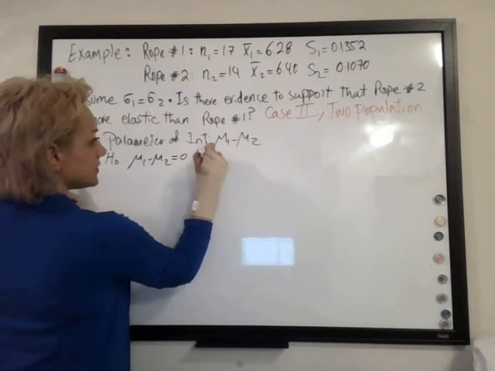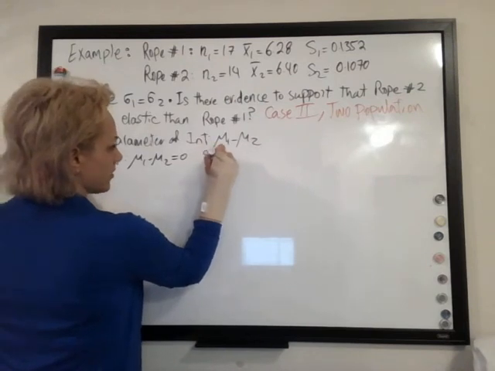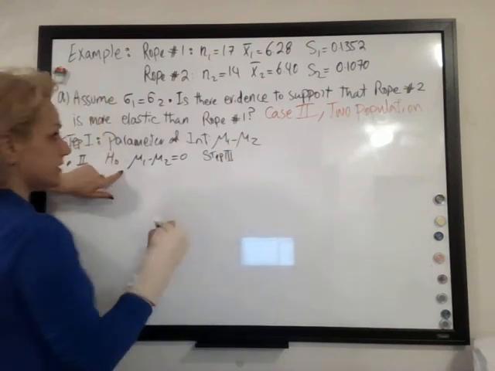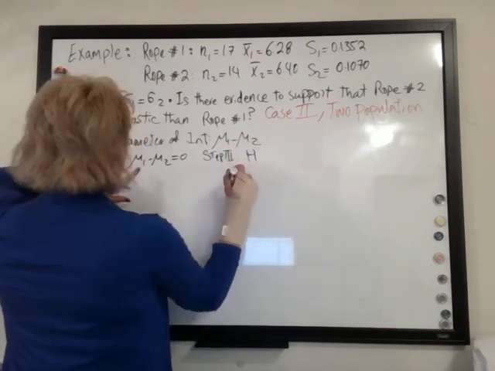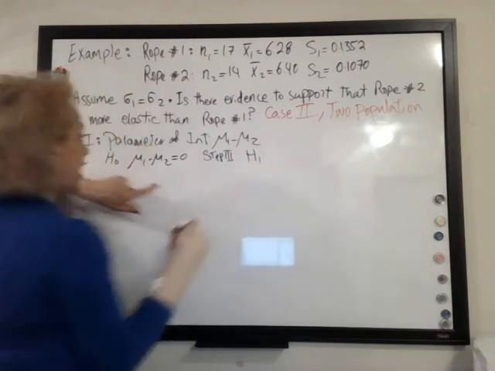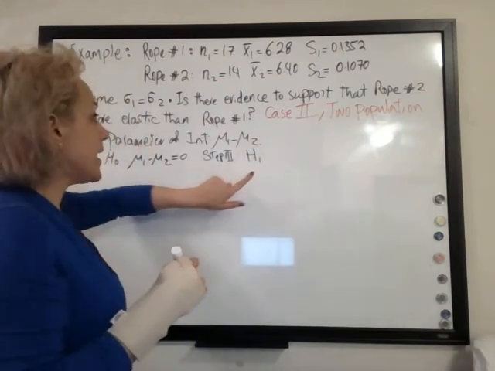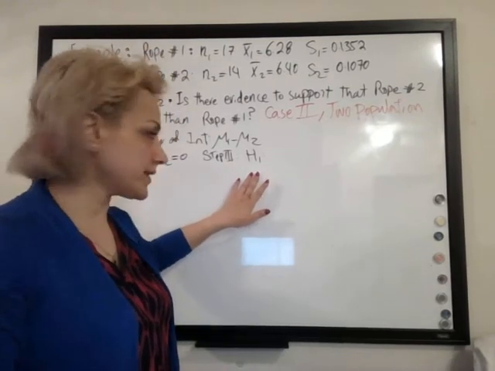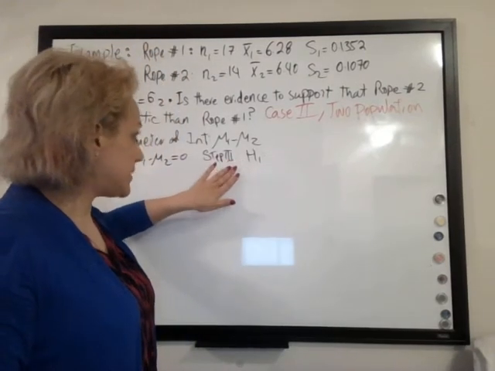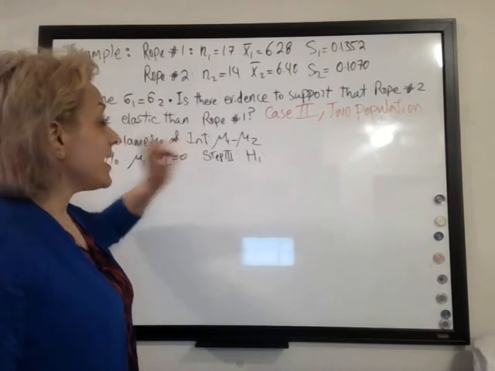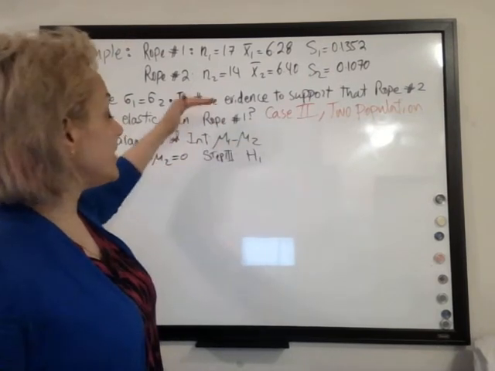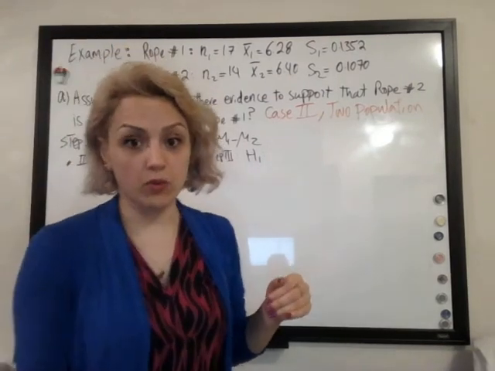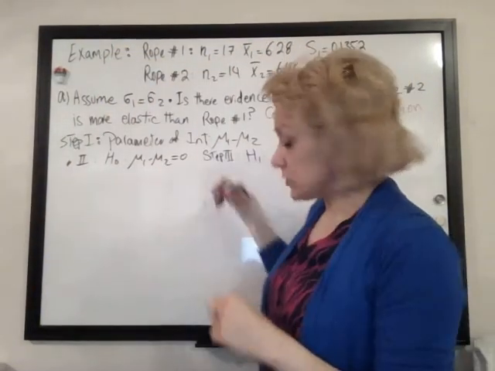Step number 3, it's the alternative hypothesis, which I'm going to show by H1. In some books, by the way, they write it down as HA, so that one is correct as well. So step number 3, which is H1, look at here, it says, is there any evidence to support that rope number 2 is more elastic than rope number 1? In fact, so from here,